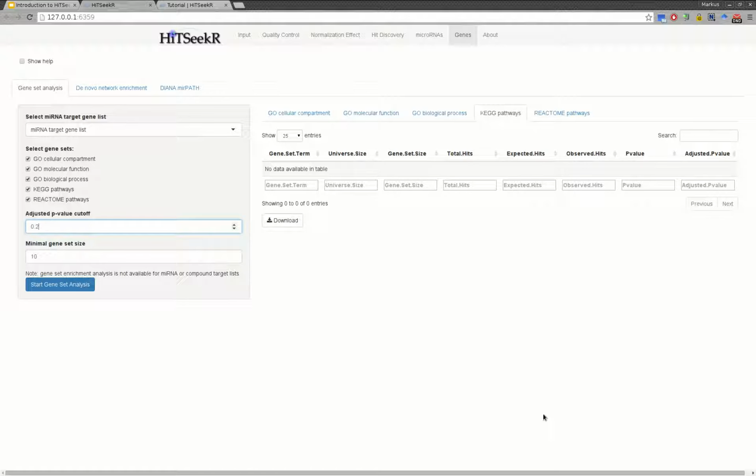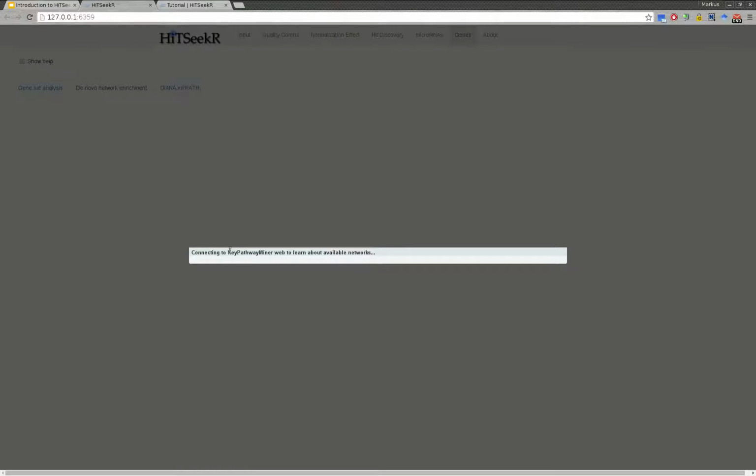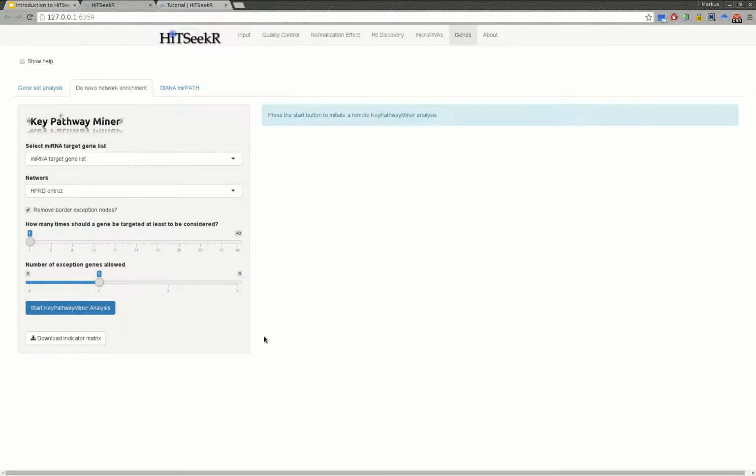So now that we don't really see anything interesting here, we want to move over to de novo network enrichment. So here we have integrated HiTSeekR with Key Pathway Miner, which is a de novo network enrichment tool. And again, you can choose between the microRNA target gene list or the high confidence target genes as input. And here you can also select a network, for example, I2D. And what you can then select is